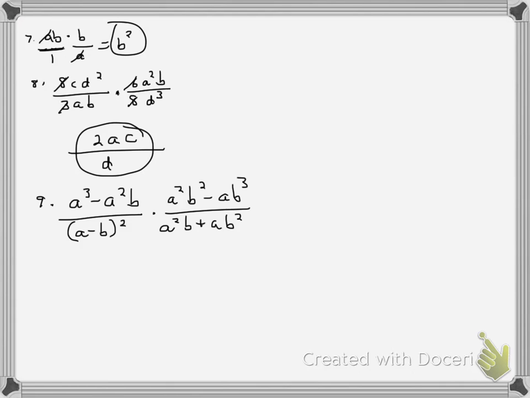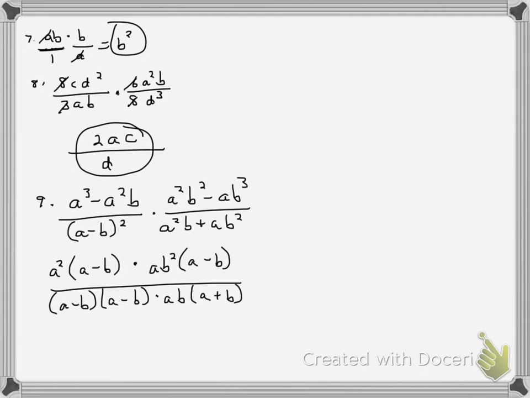Now, 9 is much different than 7 and 8. 7 and 8, we have no addition and subtraction, just multiplication, so we just cancel. Here you must factor before you cancel, so make sure you factor all 4 terms. Now that was the hard step. After that, all you do is cancel. Cancel a minus b, cancel a minus b. And now,